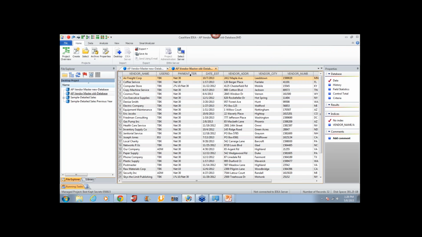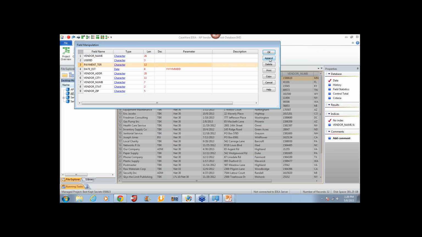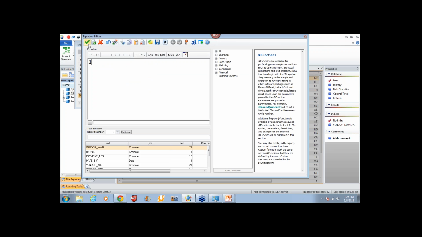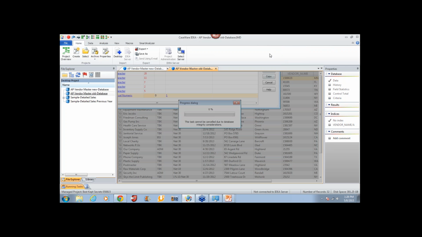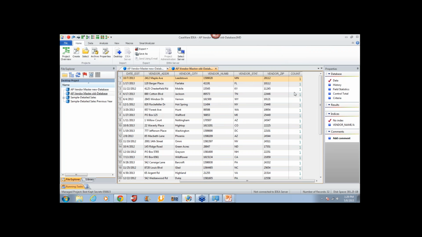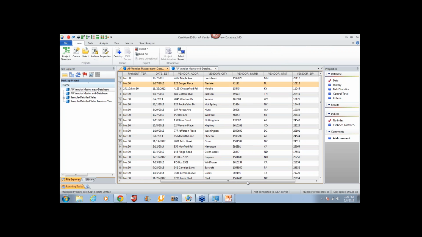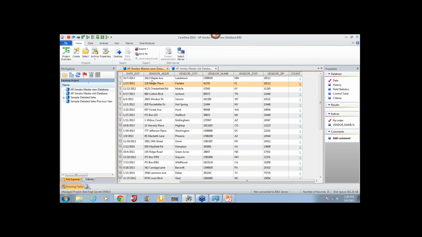And then in the old vendor master, I'm going to do the same thing. I'm going to add a field, and all I want is some kind of number, and I'm going to put a 1 in that file. Now scroll over. What I've done to each of those files is added a value of 1 in a count field. Nothing too exciting, but what that enables me to do now is take my new vendor master,